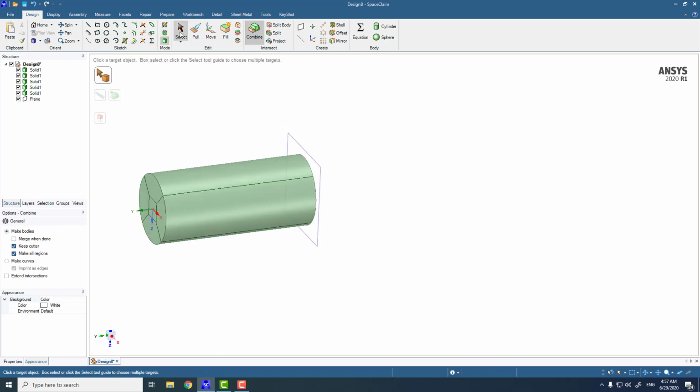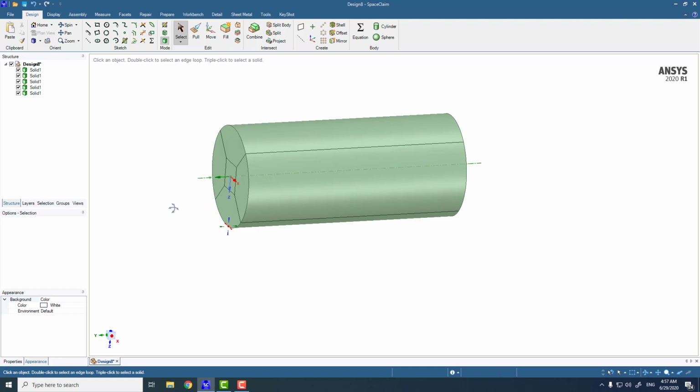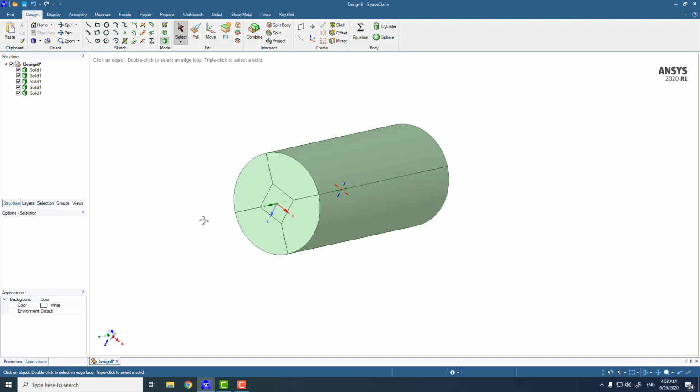Okay, one thing more here. If you take a look at the last case and this case, you can see that we have the five parts, or the five bodies. They are ready for the hexagon meshing, but still we don't have any connection between them, right? Like in Design Modeler, if you want to create connection between different parts for the meshing, we have to select all five parts and right click on them, and then form a new part. So when we form the new part from the multiple parts, they will get the connection between each other, and the mesh will be the same on both sides of these two bodies.